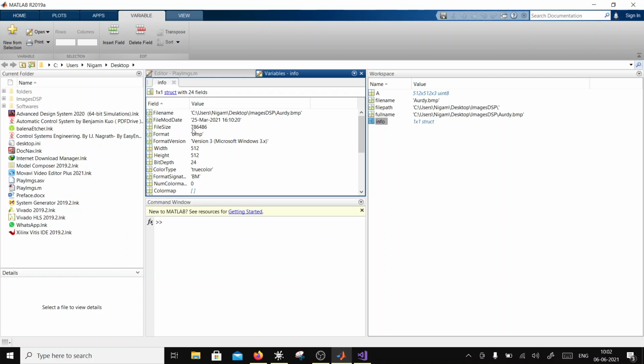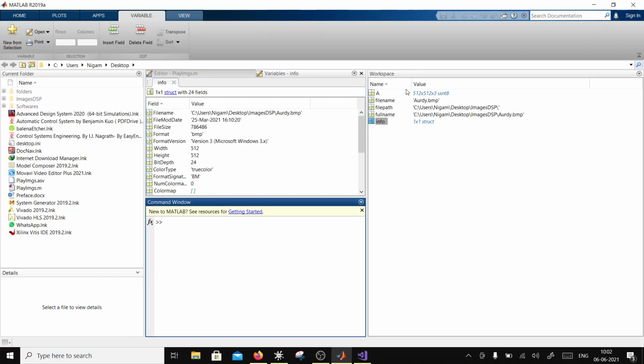File size is 786486. The height and width is 512, and bit depth is 24. So 24 means there are 3 bytes per pixel, so there's going to be 512 into 512 into 3. That much will be the size of the data. 512 multiplied by 512 multiplied by 3, plus there is a header which is going to be 54 bytes.